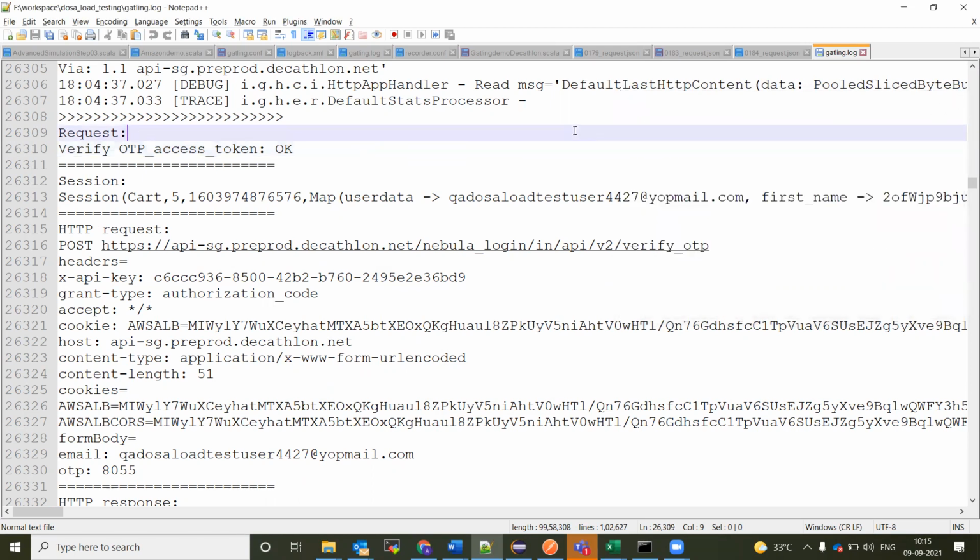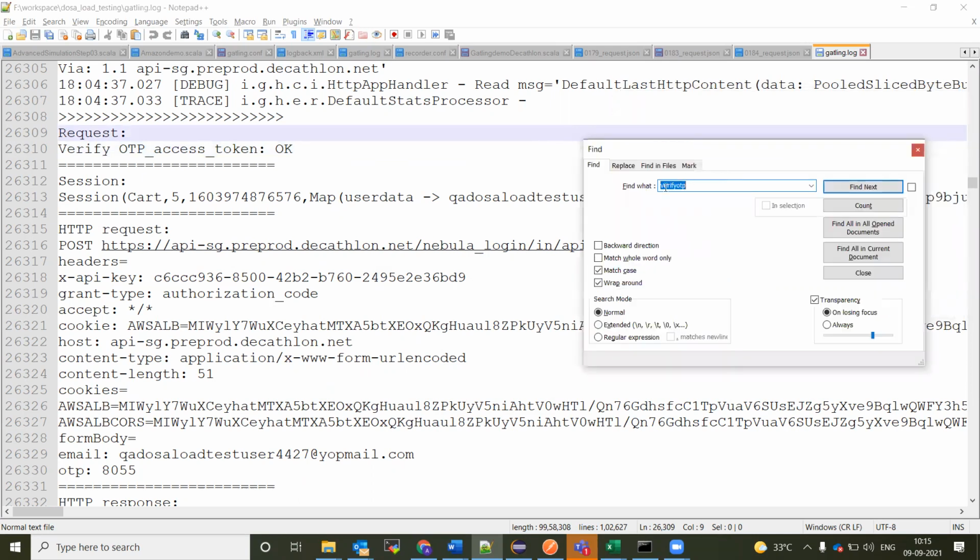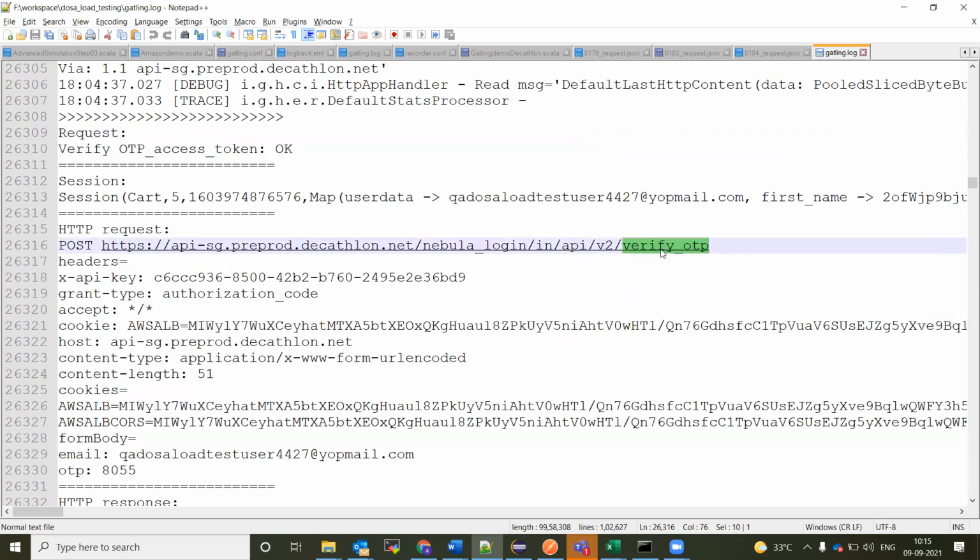OTP, right? Maybe you search backward. Just click on that. Okay, we have it here. So if you put the endpoint, you will be getting the endpoint.